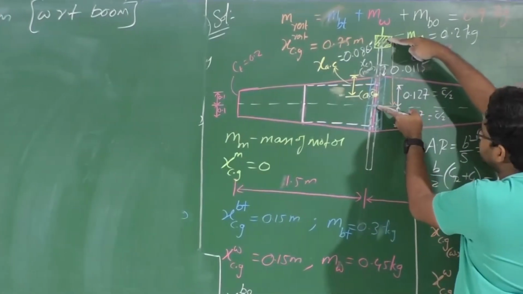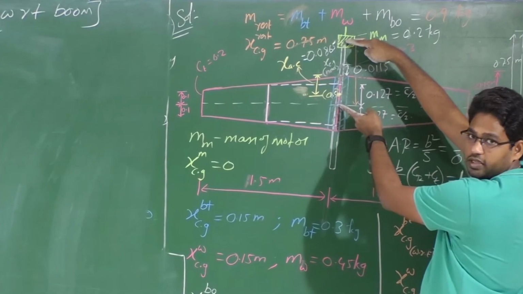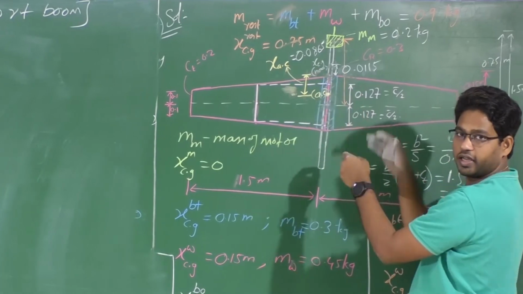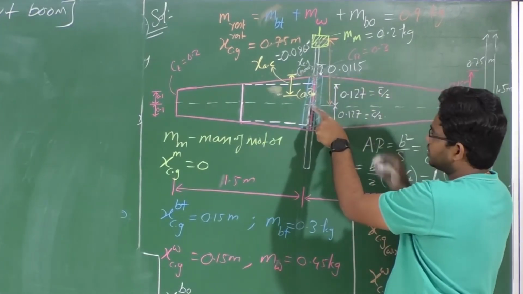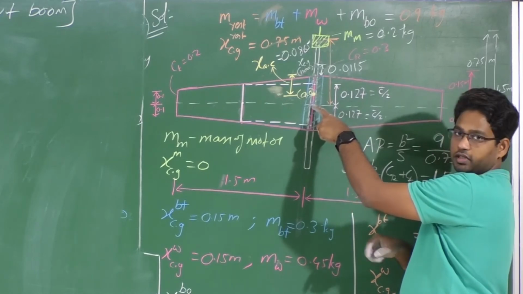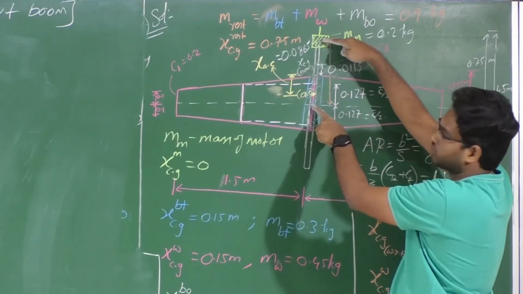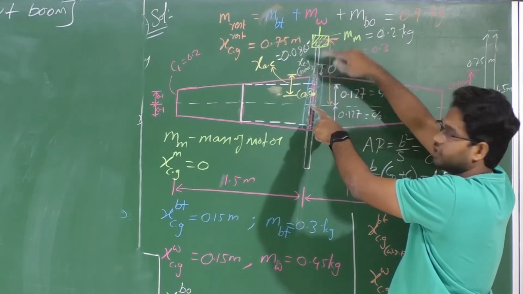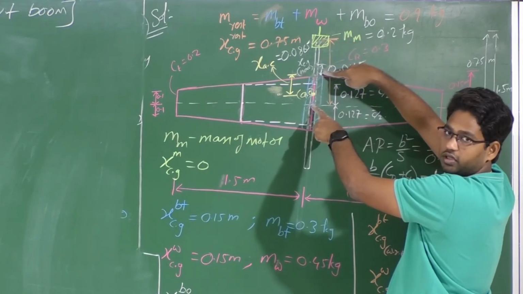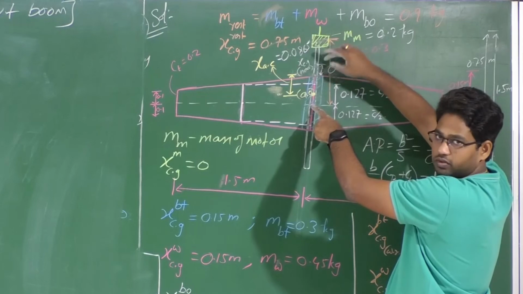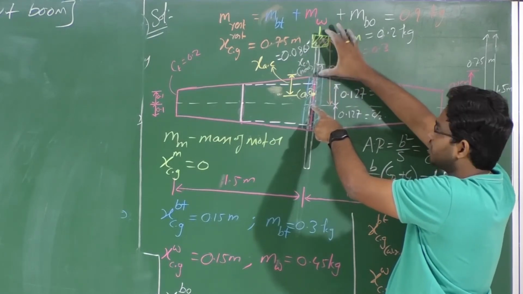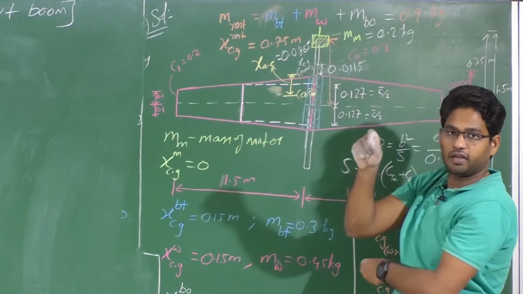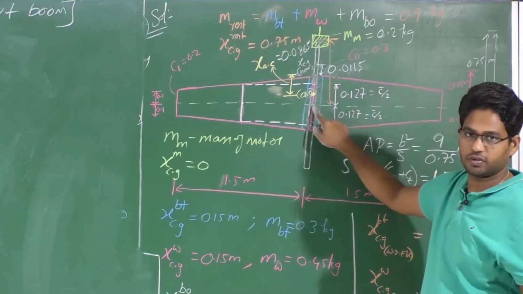so I know CR by 2, right, which is this distance. I know this reference point because with respect to this I know the leading edge. Now with respect to the leading edge, I have to consider any one of the references. I prefer to consider this midpoint as the reference here. From this point I know this distance, and from this point I know the CG location, right? So if I subtract those two from this, what I end up with is the distance between the CG and the midpoint here.